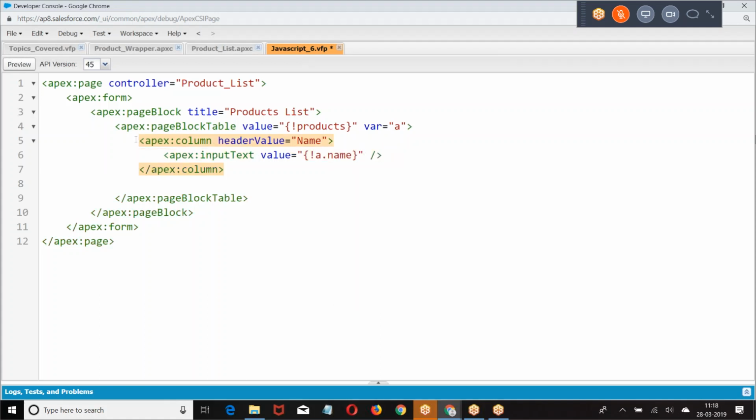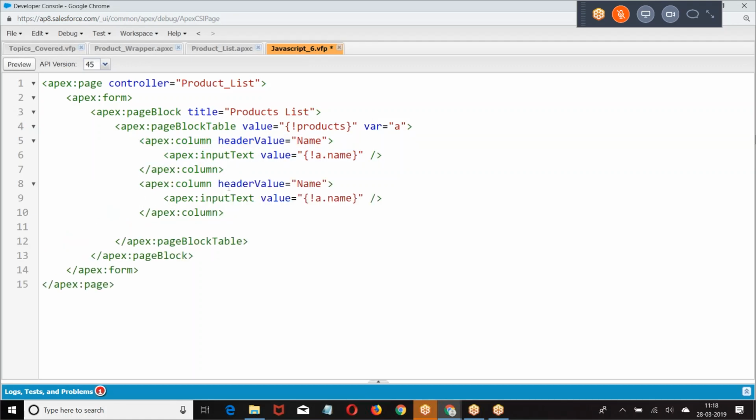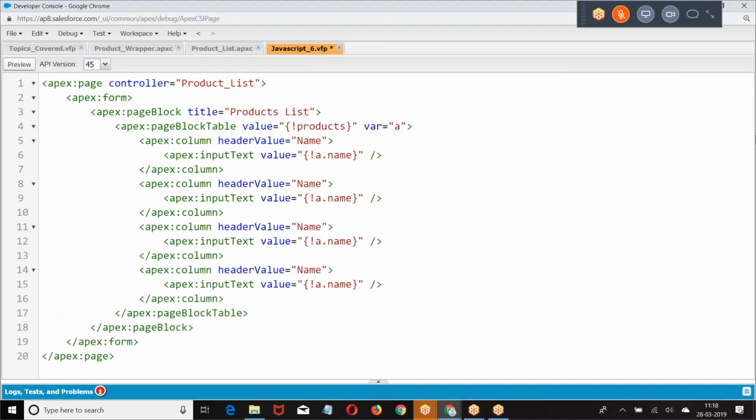Right. Then I have name, price. Name, quantity, price, product. This is the structure that I create.